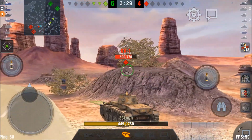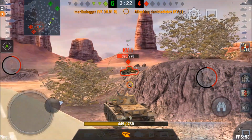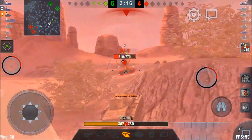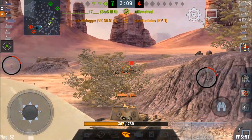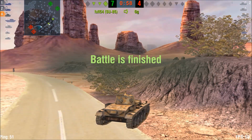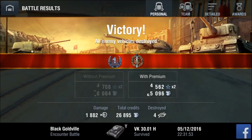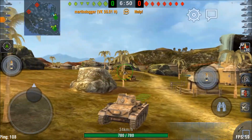But if the VK gets all turned on and you can pick up on speed, you can use the speed quite well. This is one of the other guns on the KV1 actually firing against me. It's a quick firing gun, a 57mm I think, but it just doesn't cut it for me, and that's on account of its alpha damage. While we're looking at the result screen for the VK, first class, Top Gun medal, and just 1.8k damage,